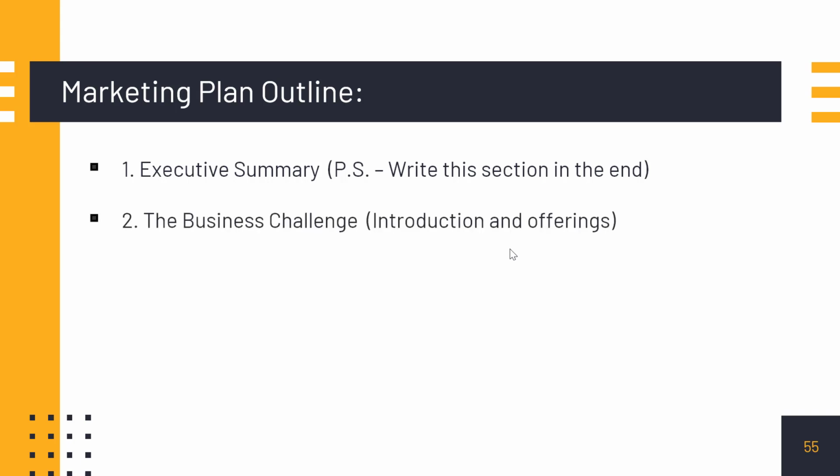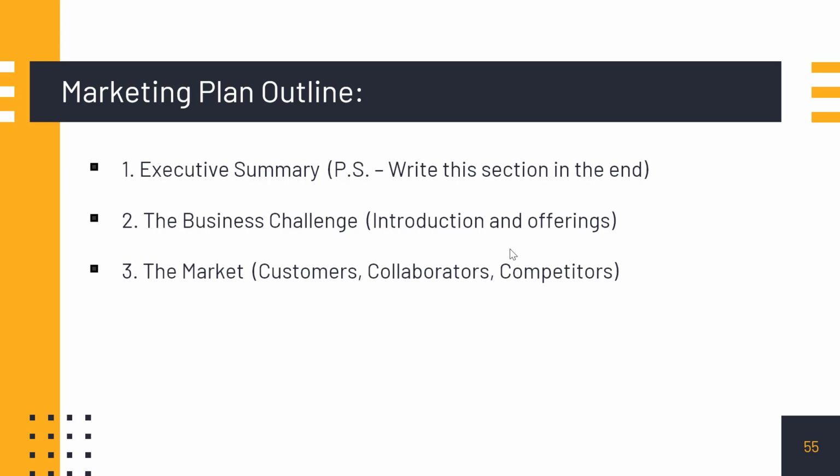So the second one is the business challenge. So the introduction of the business, like where are you going to open this restaurant, or why are you renovating your restaurant, or what is the main vision of this restaurant 1 year down the line or 5 years down the line, and what are its offerings, what are its signature menu dishes, or why would customers come here, who are the target audience, what is it that they will get from this restaurant, what is the vibe that you want from this restaurant, what is the pricing that you are setting in this restaurant, and everything. Your business challenge is also how you are going to operate this business, what are the systems, what are the processes, everything comes under the business challenge.